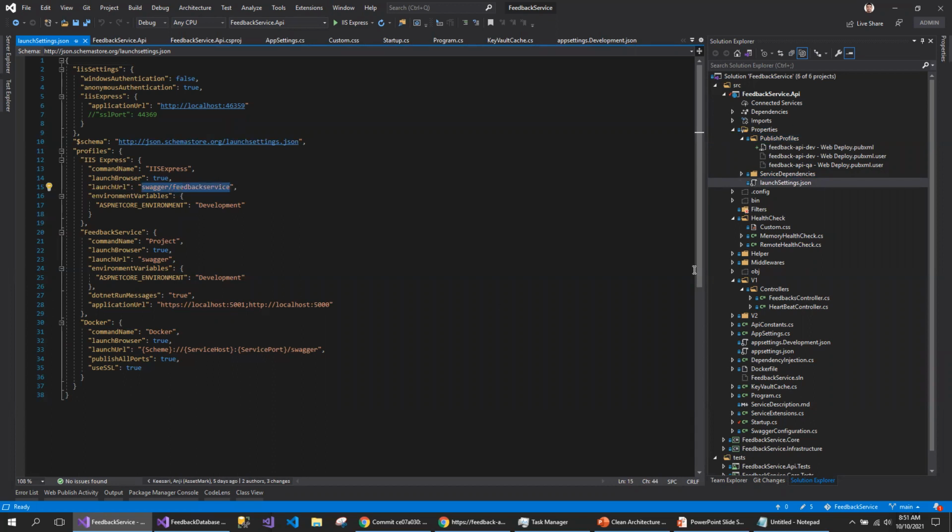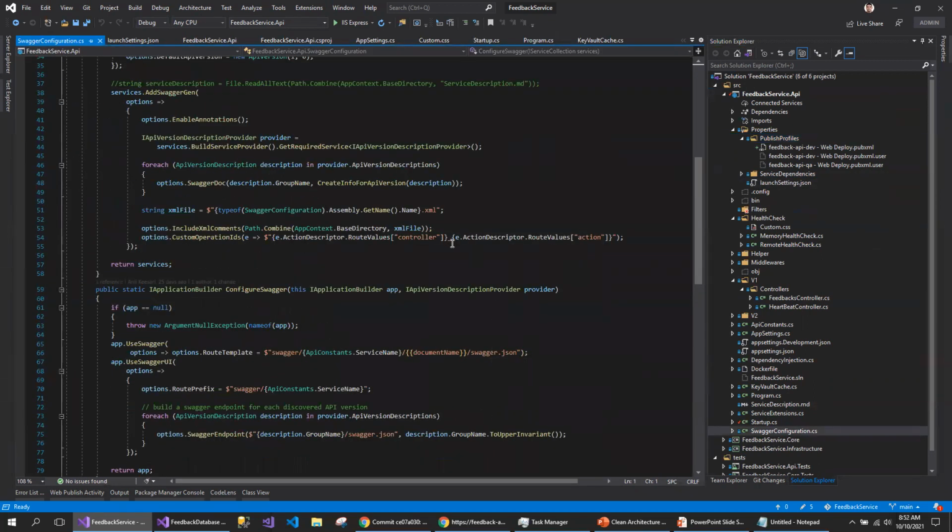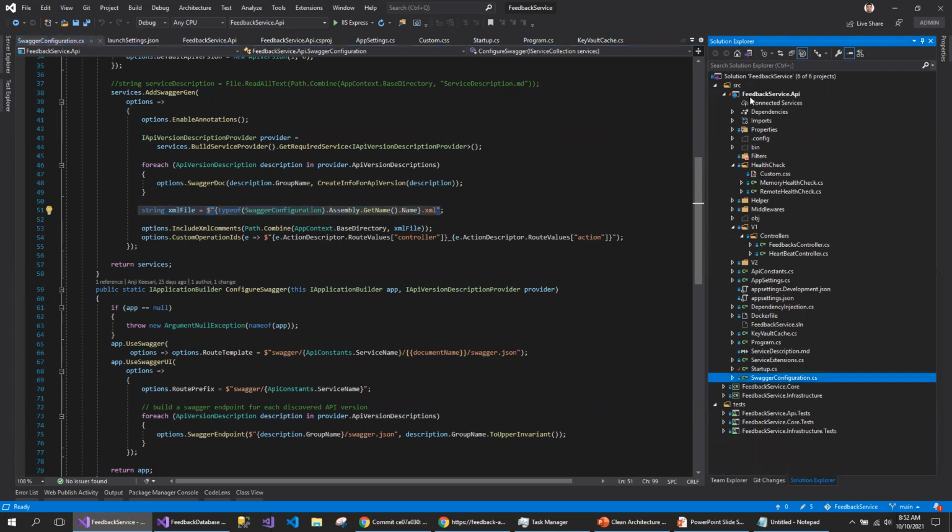This is trying to launch the Swagger, but there is no XML file for the documentation. In the Swagger configuration, I have those XML file paths in the root directory. That's not found, so I have to add that file explicitly here to fix that error.